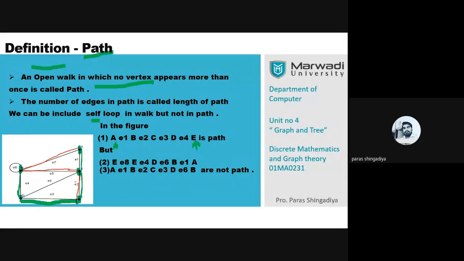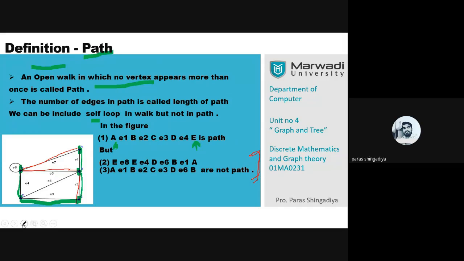Okay. But now the counterexamples, which are not paths. Clear? These are the two examples which are not a path. Why is it not a path? Because this walk, clear, is definitely a walk here. Which walk are we considering? E E A T. Clear? Let us draw it in this graph.